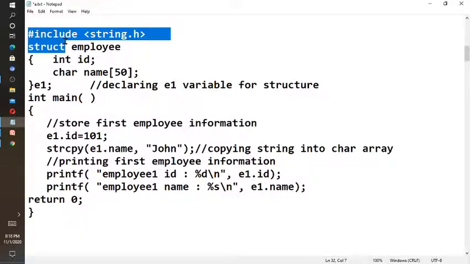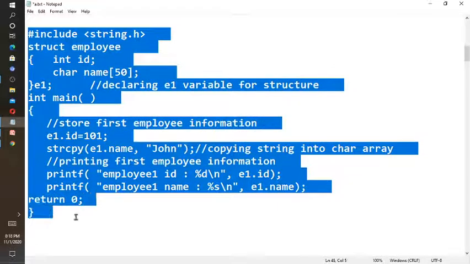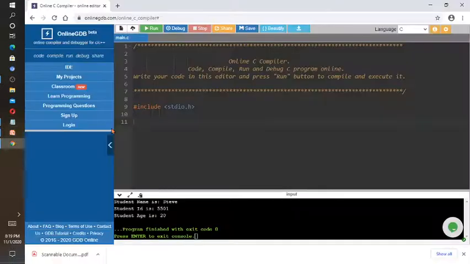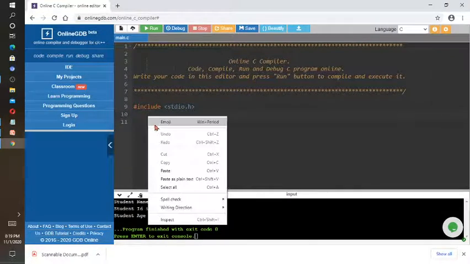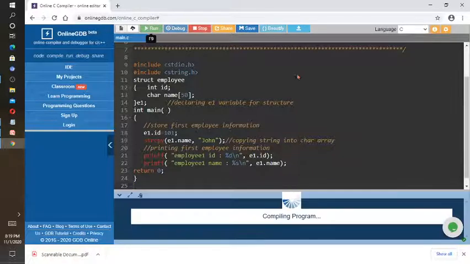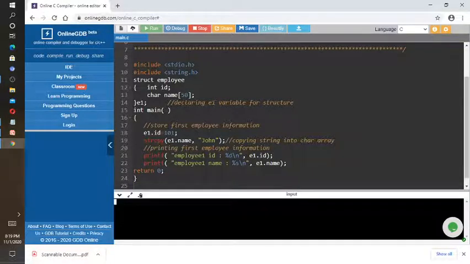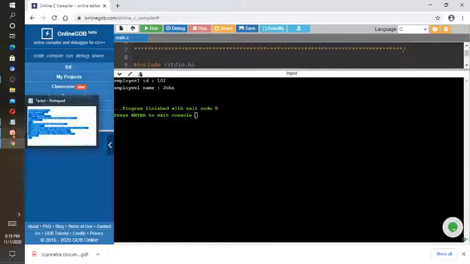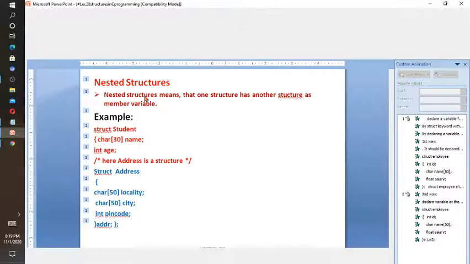Let's go to the execution. Don't panic or get confused; this is a very simple concept. You have to remember what an array is, how to declare it, why we need a structure, and how to compile the program. If you know the basics, you can do any programming. So it executed successfully, printing the details: employee ID 101 and employee name John. Again, if you want to see the output at runtime, you can add printf and scanf statements. That's it. Let's go to the PPT now.